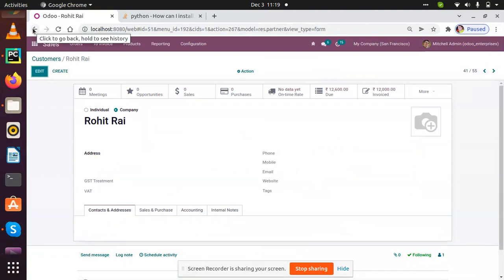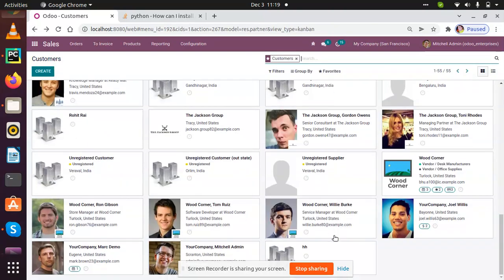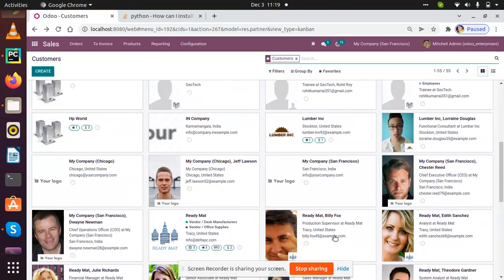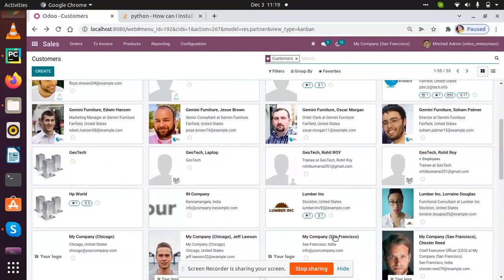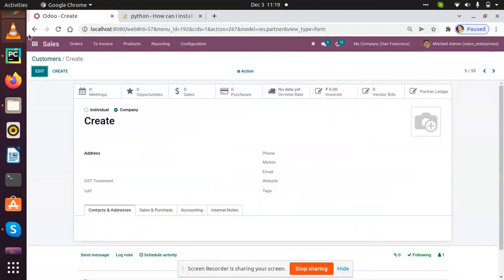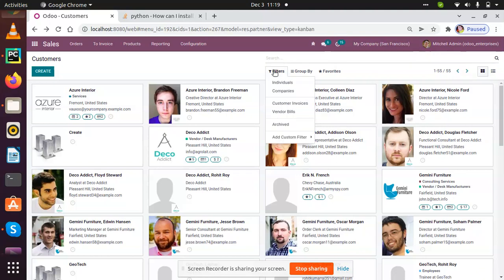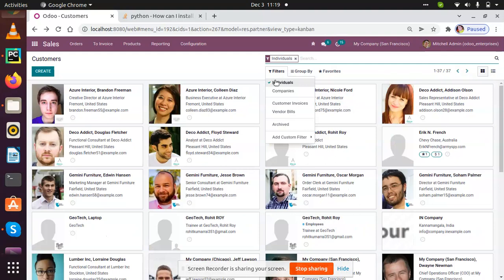No, actually this is not the field. My customers, Geotech. This is not it either. So I will select the filters. So I have three individual customers. So I will click on the customers.